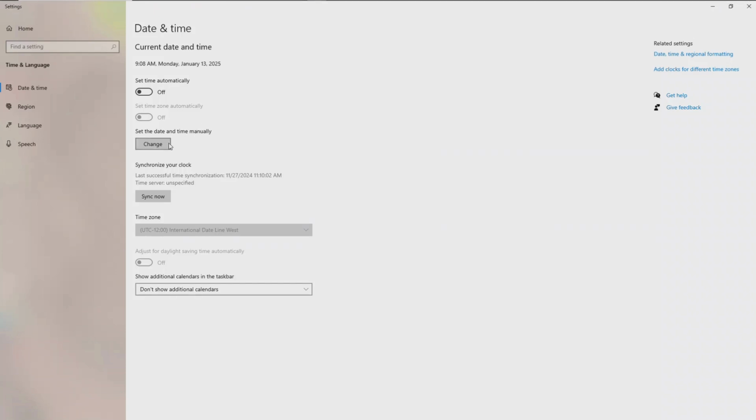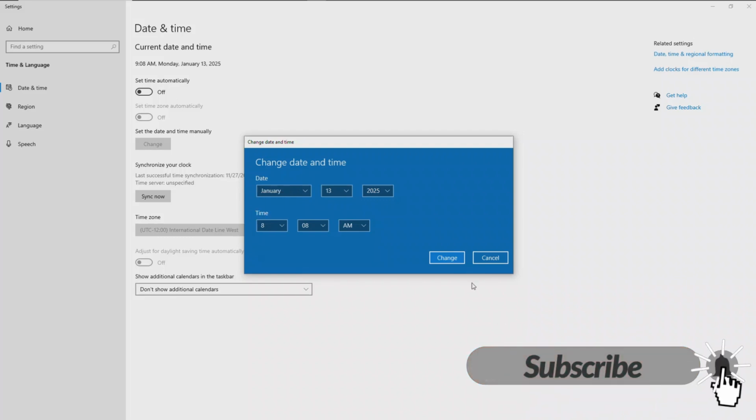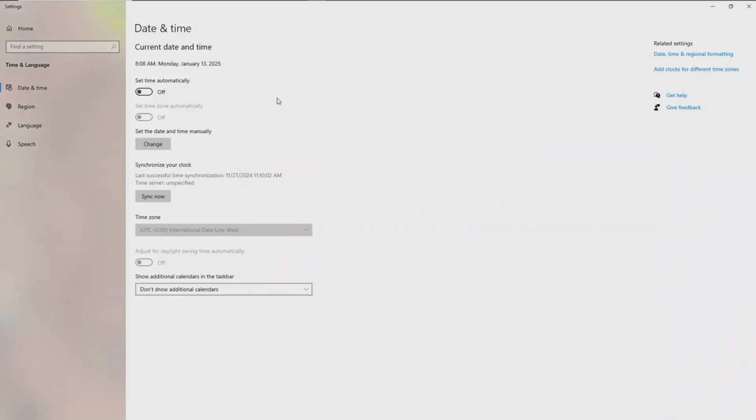So now let me change it back to the correct time, which is 8 a.m. and now let me save it. And then if you have the correct time zone, you can select this option here. So the problem I was talking about is you hop on here and you're not going to find